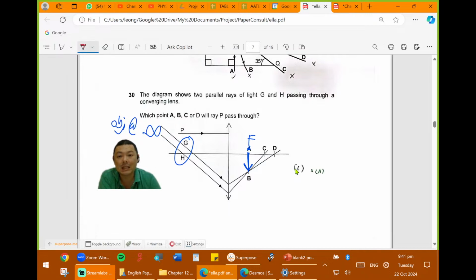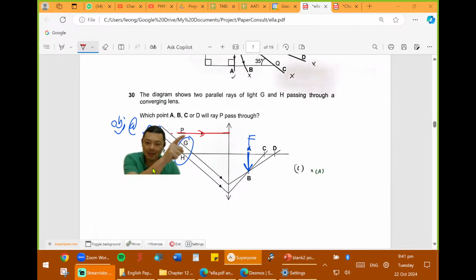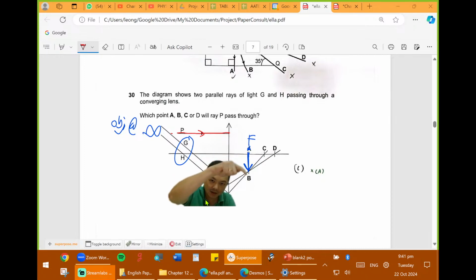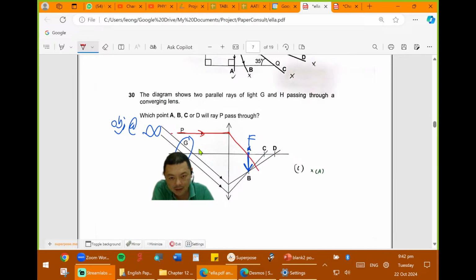Does it make sense now? So when this light ray P, which is parallel to the principal axis, hits, you must understand, ray P is coming from somewhere else. It's not coming from the same object. It's coming from something totally else. They're just asking you where this other random light ray would go. So you know that it will cut at F. But the image is formed at F here, so that means that this light ray will cut at A, like that.